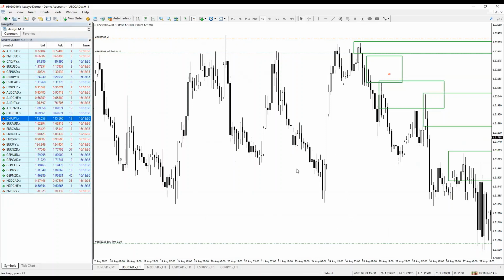Go and start marking levels. See a significant rally. Try to think, where was that decision for price to go to start that rally, and mark it. Here's the decision point. Stretch it all the way through